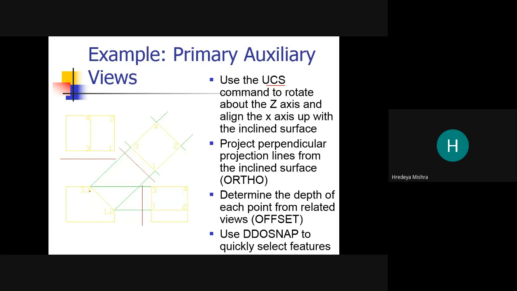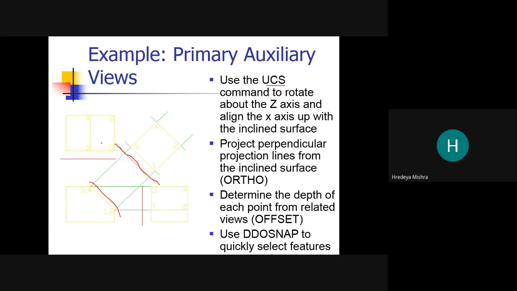So see here, this is our inclined surface, and this is our fold line, meaning it represents the parallel line. Clear. So here we can see the true shape of this inclined surface, 3 4 1 2, 1 2 3 4.